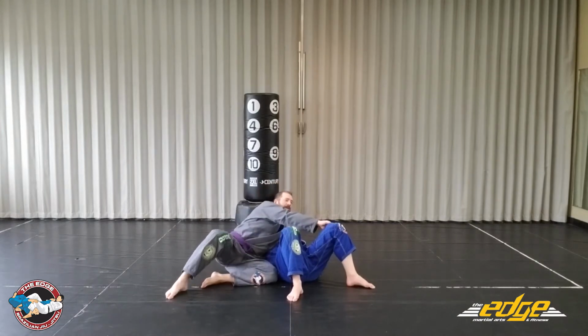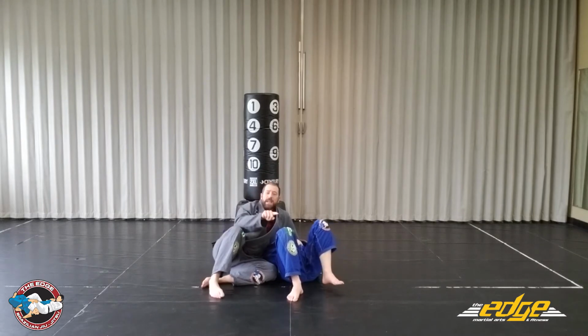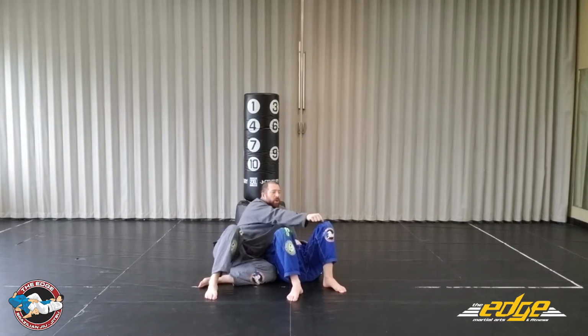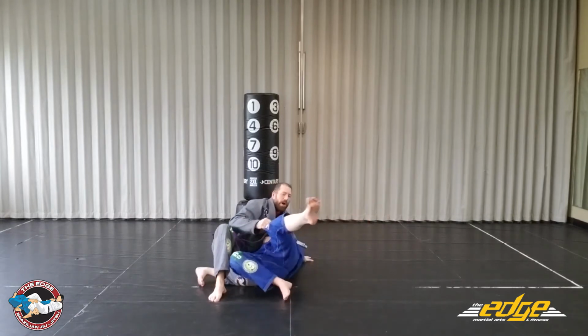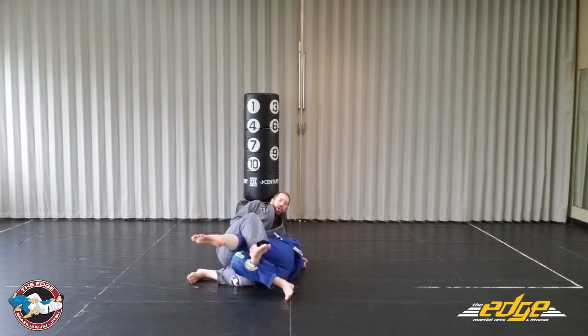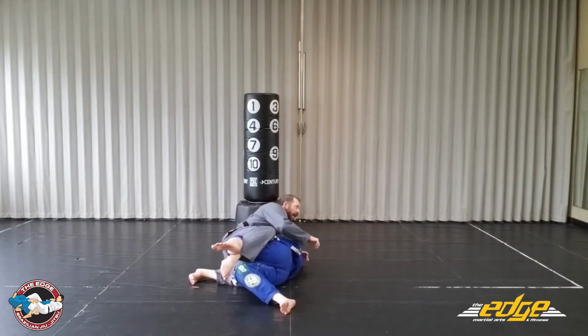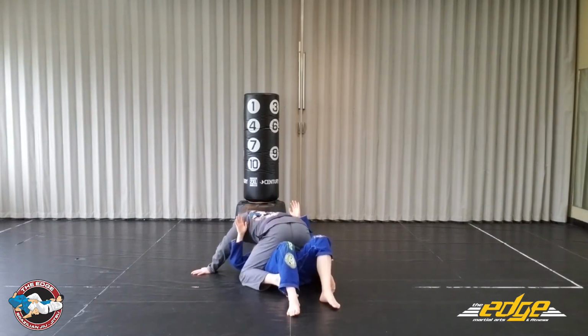So the first thing I do is I pull up. I pull up. Which way is he kicking now? He's kicking that way, which means when you push one direction, you usually don't have power 90 degrees different. So if I pull this way, he'll kick straight out. When he kicks straight out, I pull him across. Now I take my leg, watch here, and I make a hook with my leg. So I just hook his leg. And then I can start to turn myself over to the top and start to get my controlled position